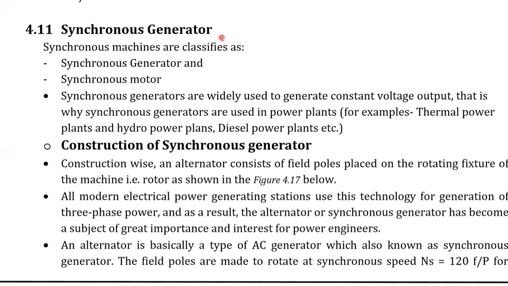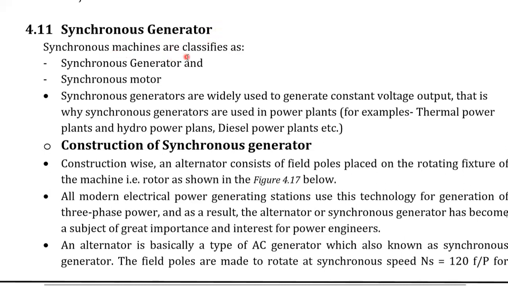Double excited machine. An induction machine is a single excited machine. Only the stator is excited; the rotor is excited because of magnetic induction. So you only have to give the power supply to the stator winding, not to the rotor winding. But in synchronous machines, such as synchronous motors, we have to give the power supply to the stator winding and also the rotor winding. The rotor winding is excited by DC supply and the stator winding is excited by AC. That's why this machine is called a double excited machine.